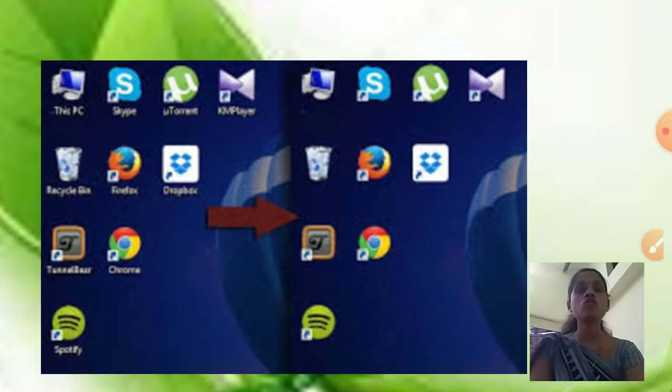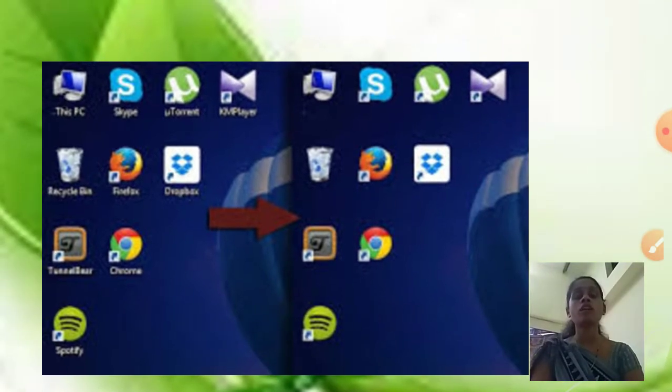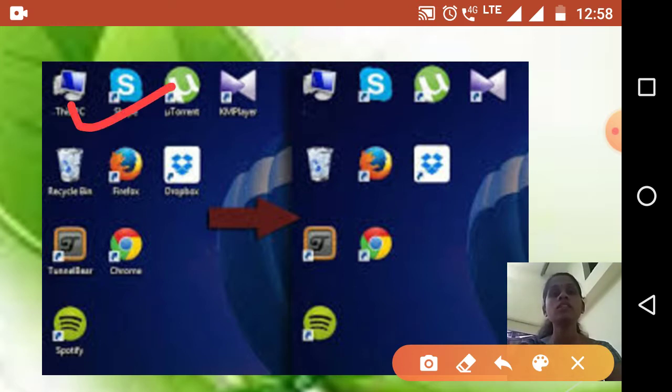This is our desktop, the screen that appears after starting the computer. I already explained it in our last class. On our desktop you see these types of images. See, This PC. By using This PC we can go inside the computer and find the drives, three to five drives, such as C drive, D drive, E drive and F drive. If you want to go inside, we can go inside. So This PC shows us that we can go inside the computer and find anything.